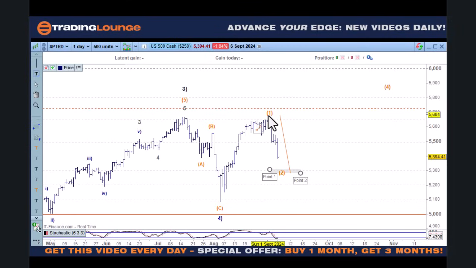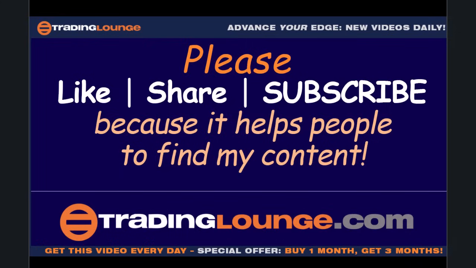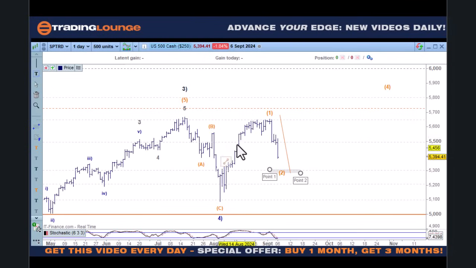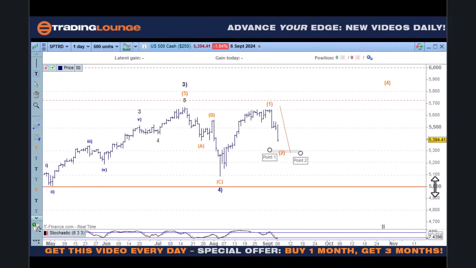So we need to work this particular trend down through here, so we can come down to the 5,300. And as I mentioned, I can't actually recall, but there are two sets of gaps in this market here, so it looks like they will be covered.